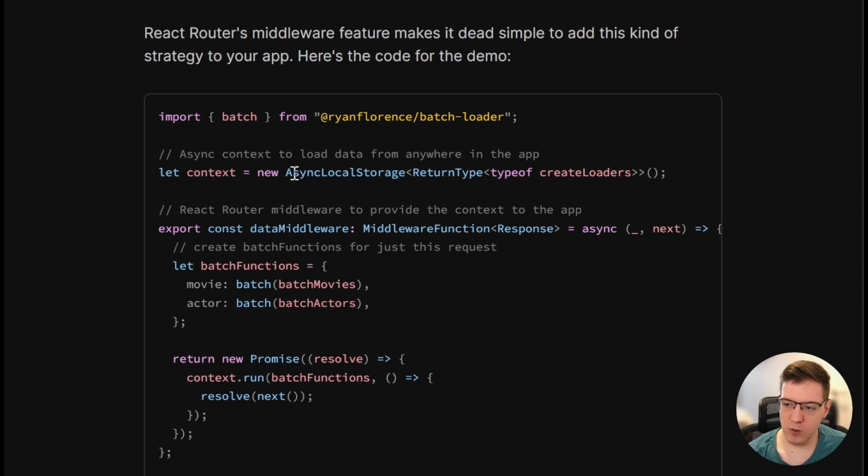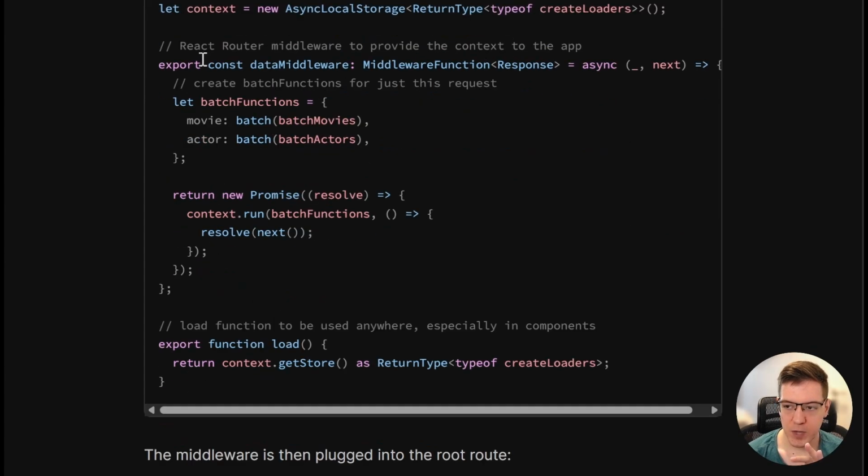You can see that we use the async local storage, and what that is, it's basically an API that allows you to create something very similar to a global React context, but on the server, and it's scoped to the current execution context. So what that means is, if you use middleware, which allows you to wrap your loaders and actions and RSCs and everything with a function, if you define something in a middleware, it's going to allow you to create a global context in your whole app that takes the start of the request in middleware, creates a context with context run batch functions,